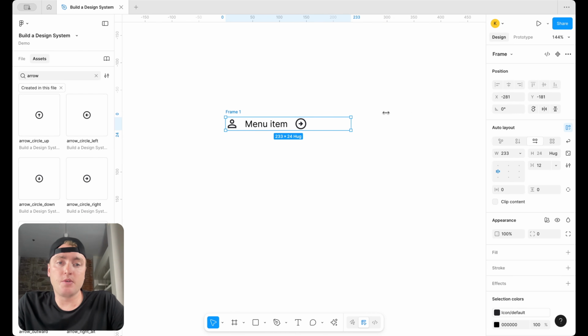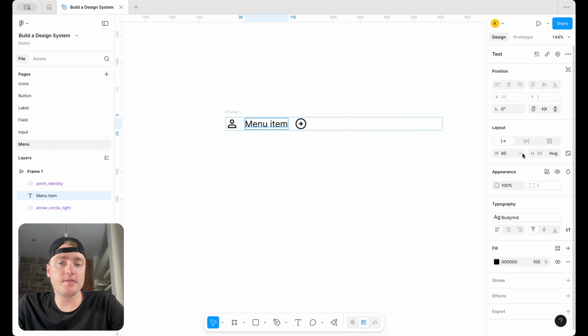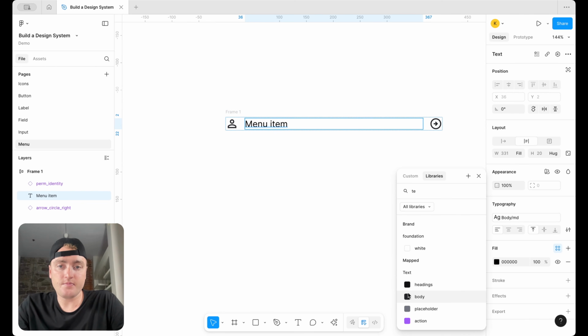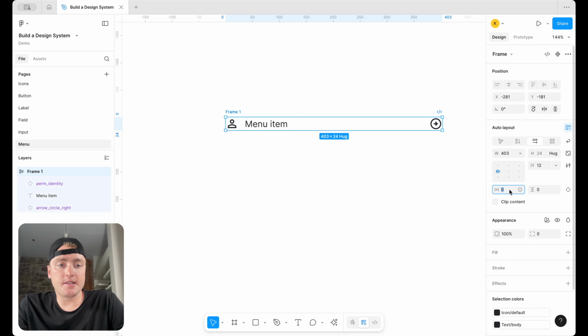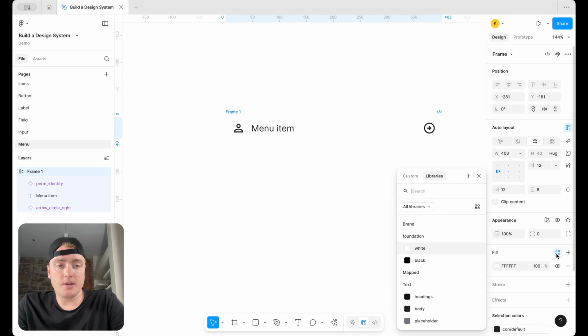So very similar to what we looked at with our placeholder, sorry, our field, we're always going to want the icon to always be at the end. So we can set that to fill and make sure it's set to our text body. There we go. And we're going to set this to something like 12 and then also something like 8 vertically. Let's add in a quick fill, which is going to be our surface